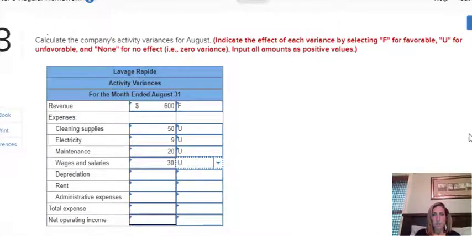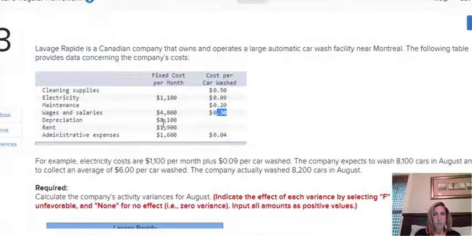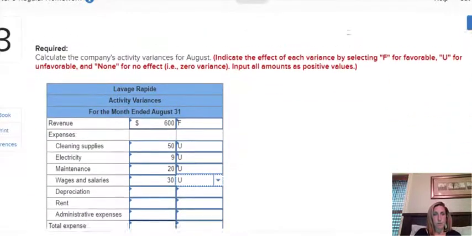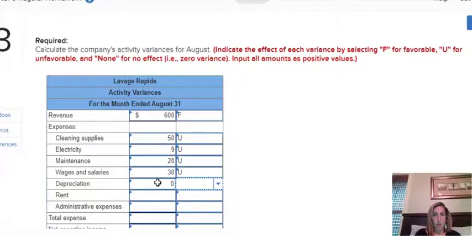The next two items are fixed. So my activity doesn't affect this. If I were to calculate the total cost on the flexible budget for depreciation, it would still be 8,100 and it would reflect a 0 activity variance. The planned budget and the flexible budget won't change for the fixed cost. So those depreciation and rent items would be a 0 variance, and on the drop down it will give you an option for none. Rent, 0 activity variance,